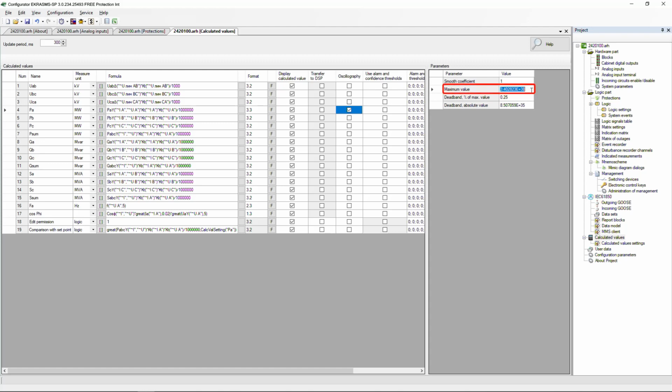Specify the maximum calculated value. The deadband value is calculated relative to it. And the deadband itself can be set either as a percentage of the maximum value, or in absolute values. When you set one value, the second one will change automatically. The deadband determines by what value the signal must change in order for its updated value to be transmitted over